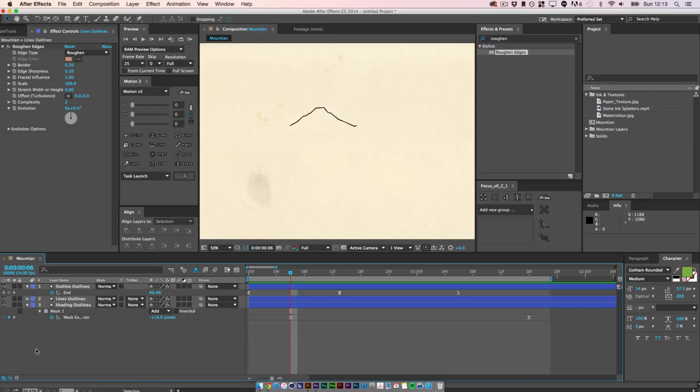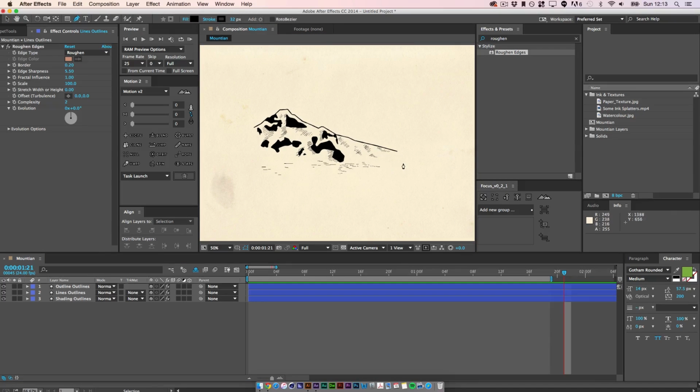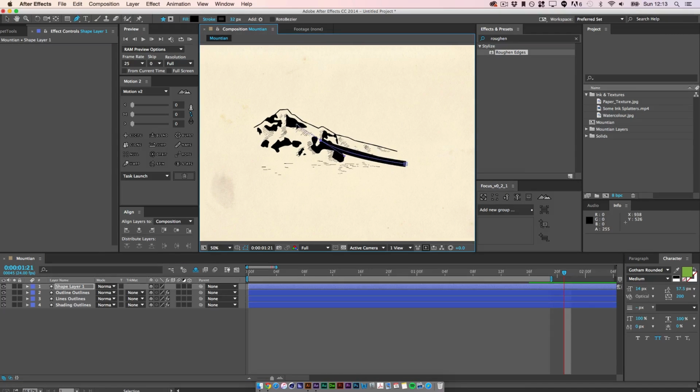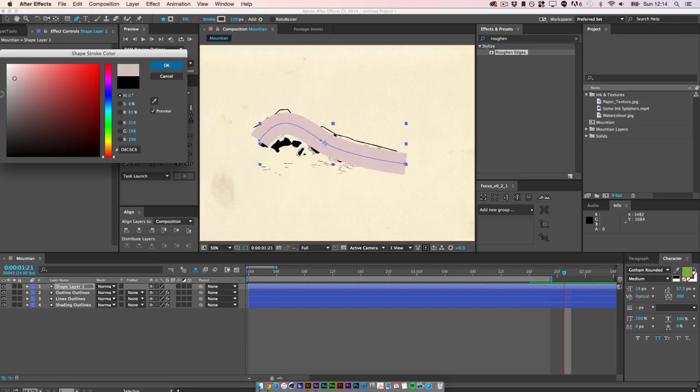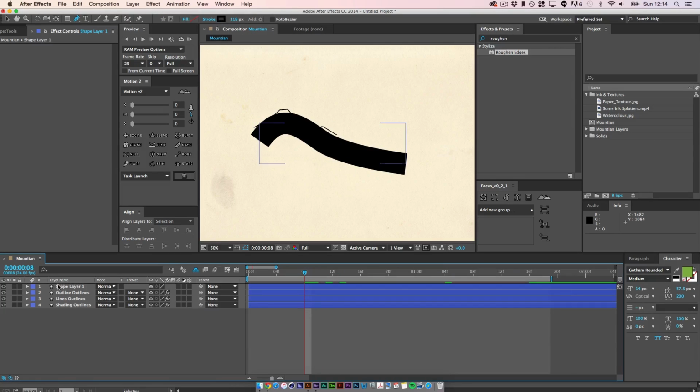So what we're going to do is close all these up. If we get to where we can see our whole illustration of the mountain, like so, just with the pen tool, we're going to drag a rough line the size of our mountain, so something like this. We'll turn the fill off, and so we're going something like this, which covers most of our mountain. Yeah, leave it black. So we've got this line here. Now what we're going to do is just call this brush stroke